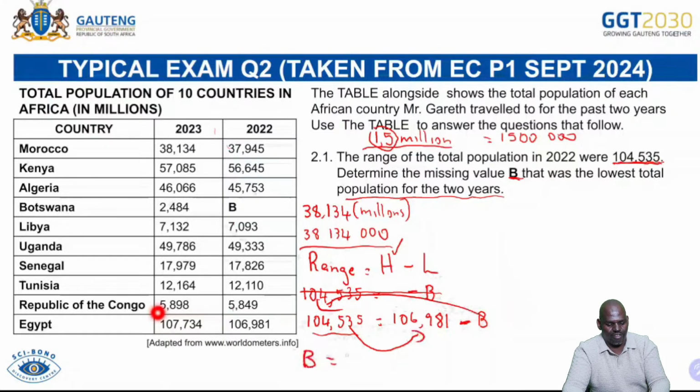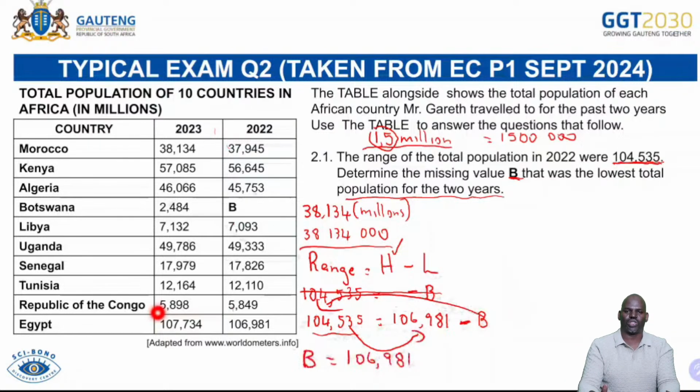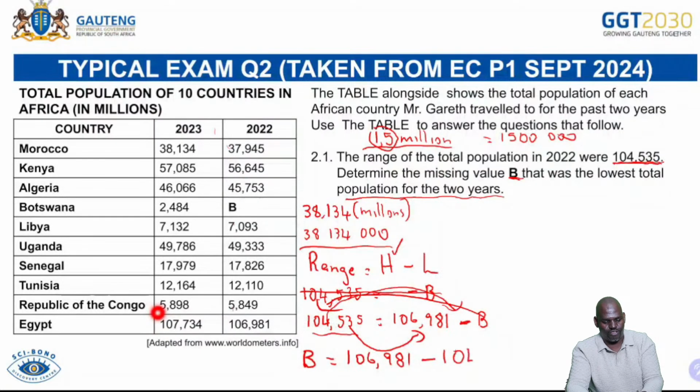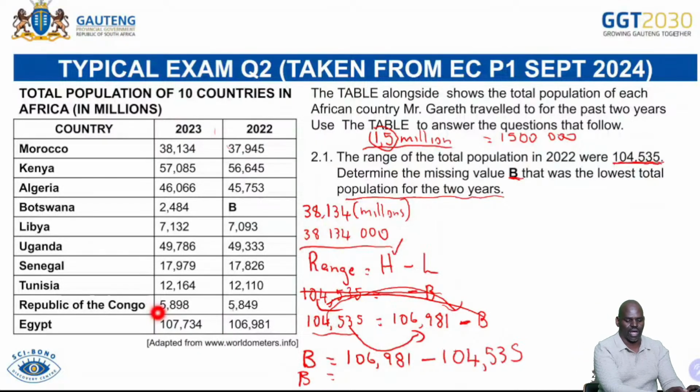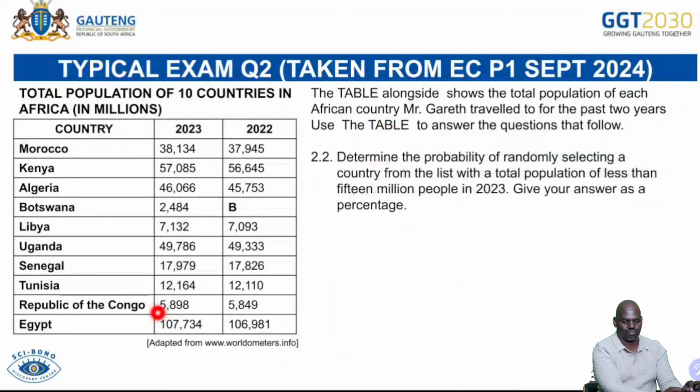and then I still have 106,981. The 106,981 did not change the sign because it's still on the right hand side. I want to keep B only on the left hand side, so I take 104,535 to the right hand side. When it goes to the right hand side, it becomes negative 104,535. Then B equals, I take my calculator,